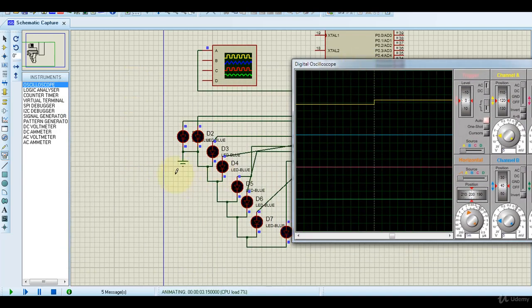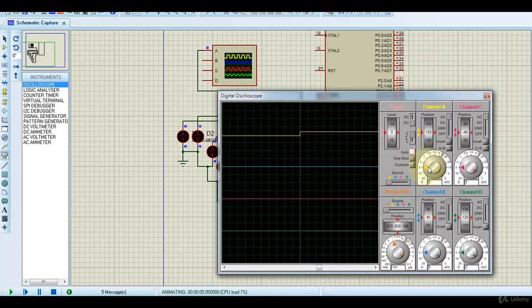So you will get the LED blinking here. Okay, time per division you can adjust. I'm selecting DC here. Okay, so I got the square wave here also.